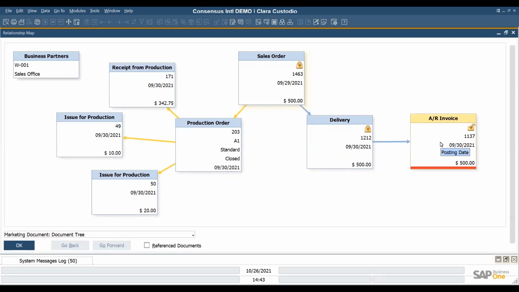We are next going to see how these documents are actually linked to each other, because that is something that you need to do while you're working on the documents and your flow for the process that you manage. It's not something that happens magically or that can be done after the fact. It's something in the way that you actually create these documents that it's going to link them together so that you can see a relationship like this one.